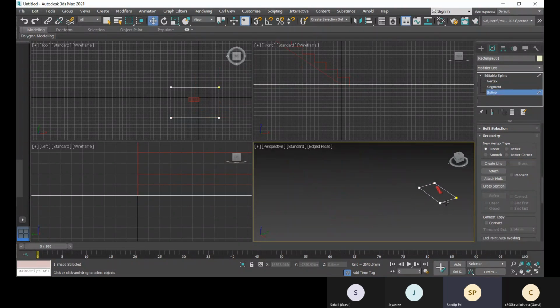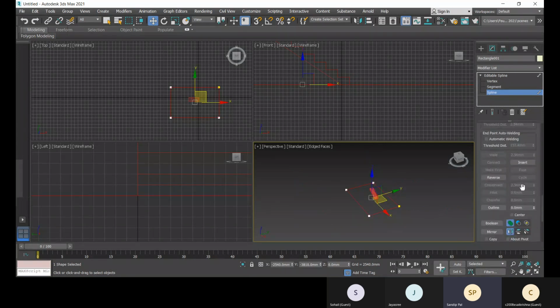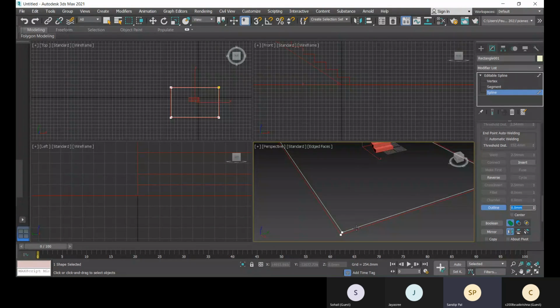I'll select this spline, click on this spline, and then outline. This outline option is there, and the outline offset value will be 250 mm. Here you can see. Now click on this.